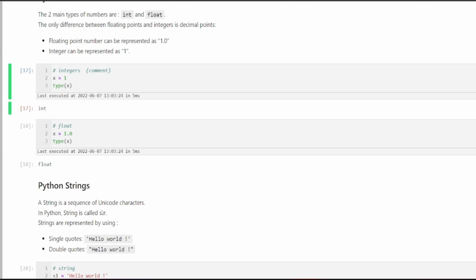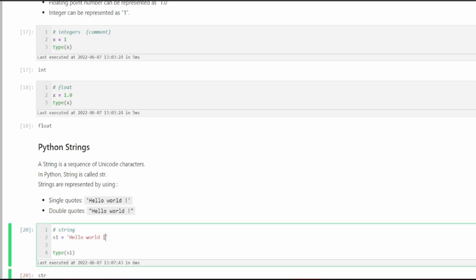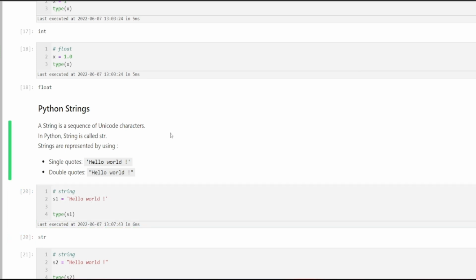Alright, a string is a sequence of Unicode characters. In Python, a string is called str. Alright, now what is happening here? You can say a string is a combination of alphanumeric words. Like here you can see an exclamation mark is there. You can add numbers with it, and it will be a string. Some examples of strings are addresses,